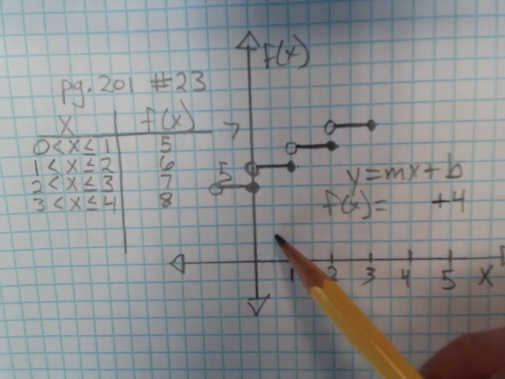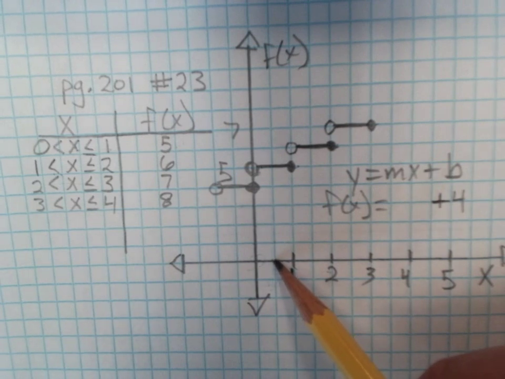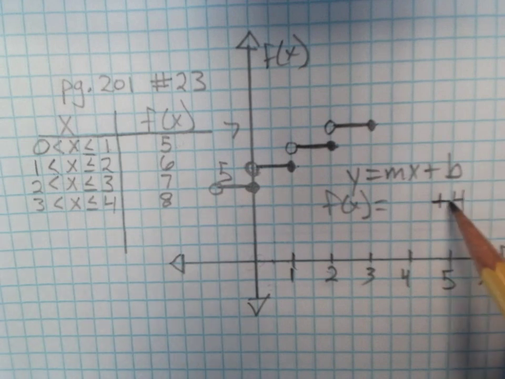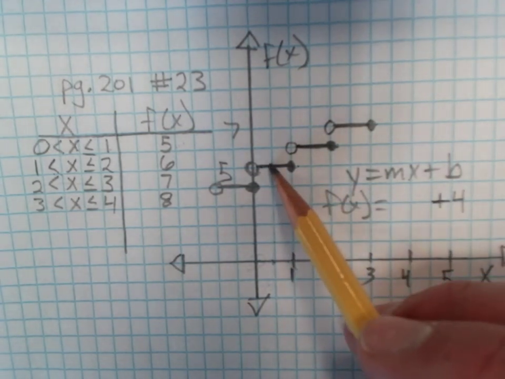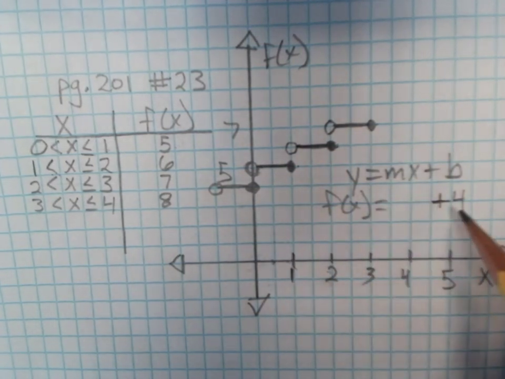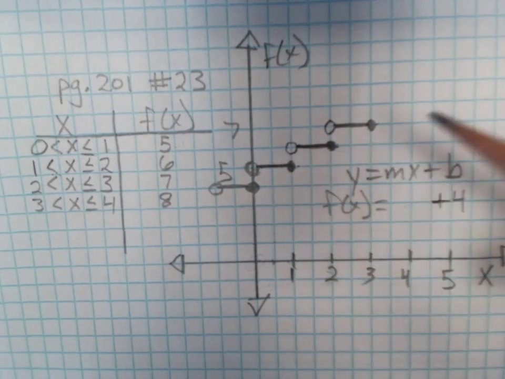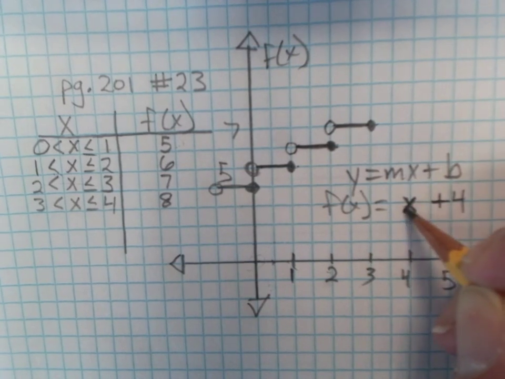Is this a floor function or a ceiling function? If at 0.5, I'm supposed to have 5, and I know my y-intercept is 4, then if when x is 0.5 I get 5, that means I have to round 0.5 to 1, because 1 plus 4 is 5. So I know my slope is 1, I'm not multiplying anything,